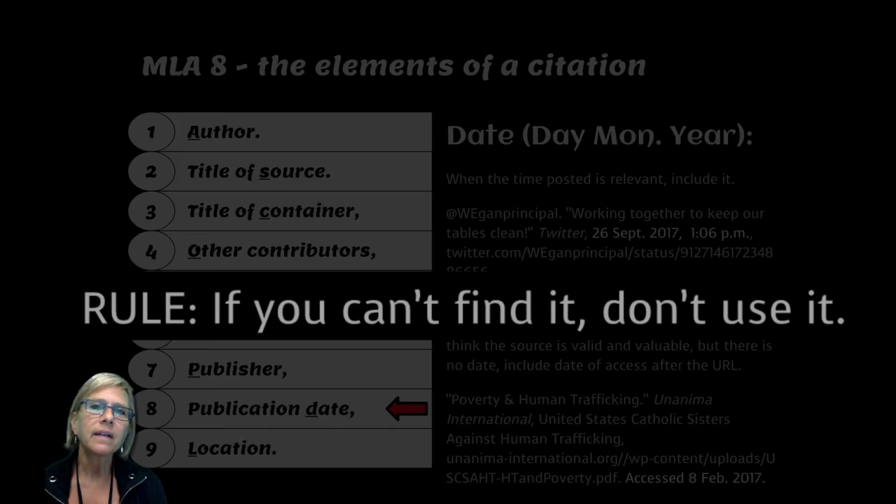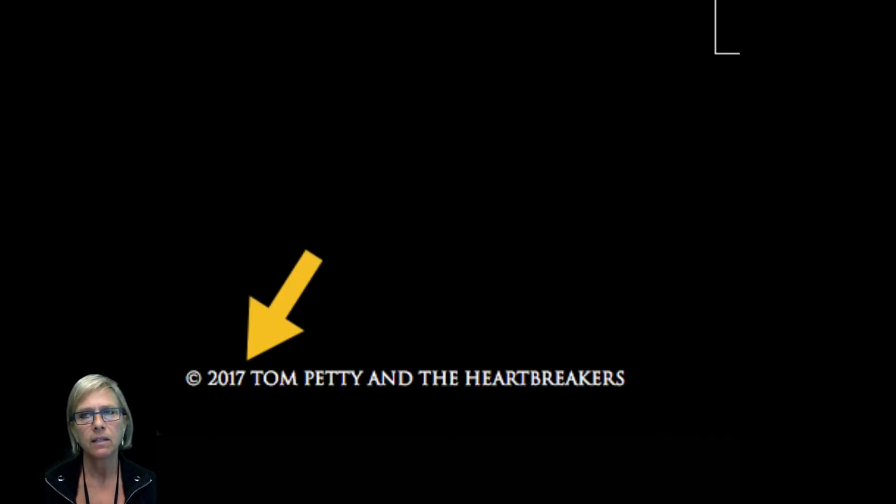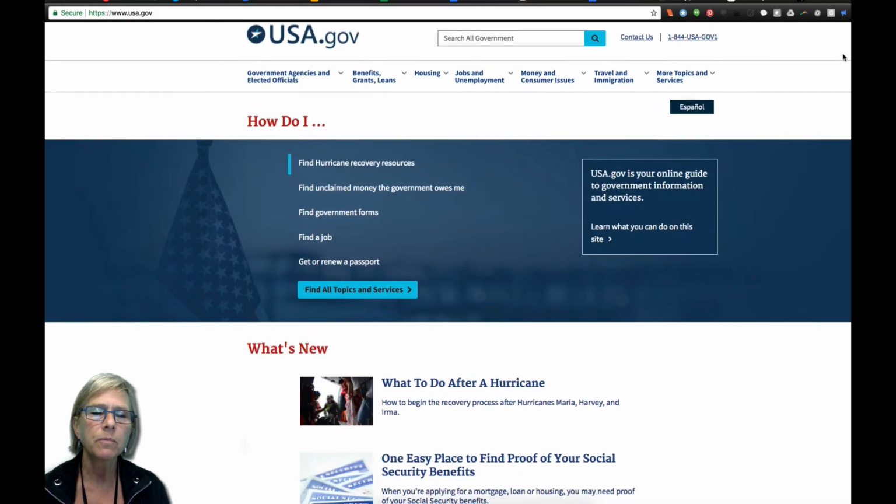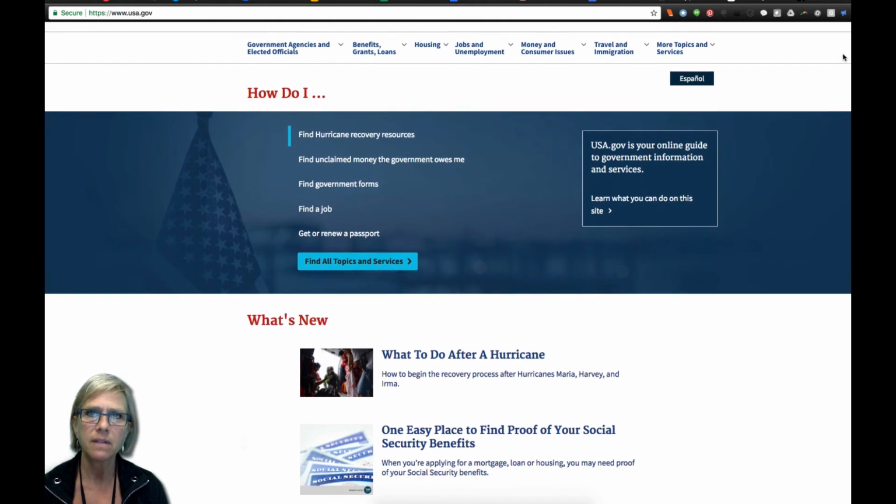The rule is if you don't find a date of publication, we discourage you from using the source. It should have at least somewhere a little copyright date at the bottom to show that it is actually being maintained. If you can't, one of the exceptions, of course, is that the federal government does not tend to include